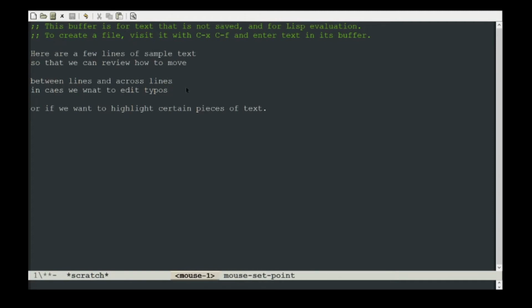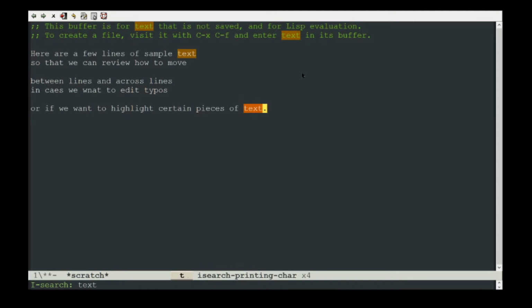Okay, and another common movement that a lot of people want to do is move the cursor to a piece of text that they have in their mind. So in this case, I am really interested in this word text, and I want to move my cursor to that. Now I could go Control N, and then do a couple of Meta F to go forward word to highlight this text here. But instead, I'm going to use the Control S command, so hold Control and push S, and now this does a forward search. So I'm going to type in TEXT, and it highlights all of the words text in this